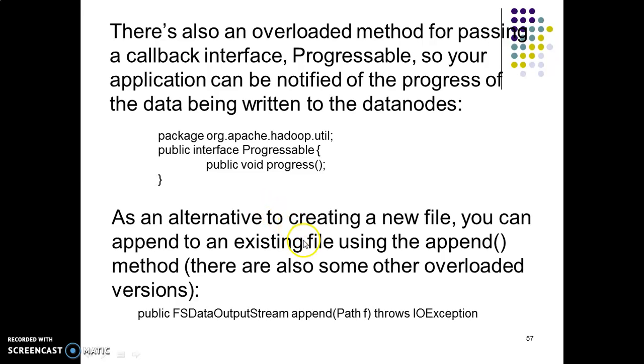But we can make use of the function called append, because according to the rules of HDFS, every time we need to append things into the file. For that we make use of append, which takes the same path with the file name, and also has the return type of FSDataOutputStream.